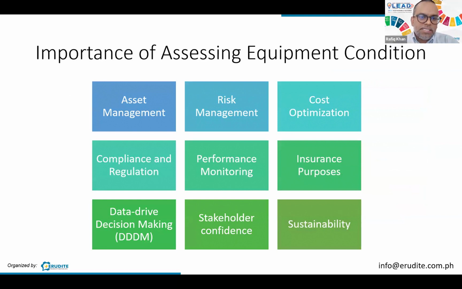So assessing equipment condition has various importance. Again, there are many stakeholders involved. If you go to the asset management side, they will want to know: do we have to replace this asset? If we have to replace, what can solve this problem? Can we prolong it? Risk management always looks at whether the impact of a failure is going to happen and what the result of the failure is. Can we manage this or should we replace it?